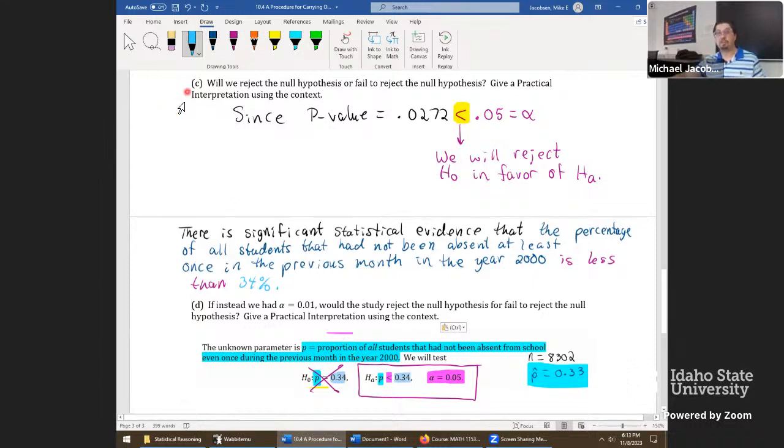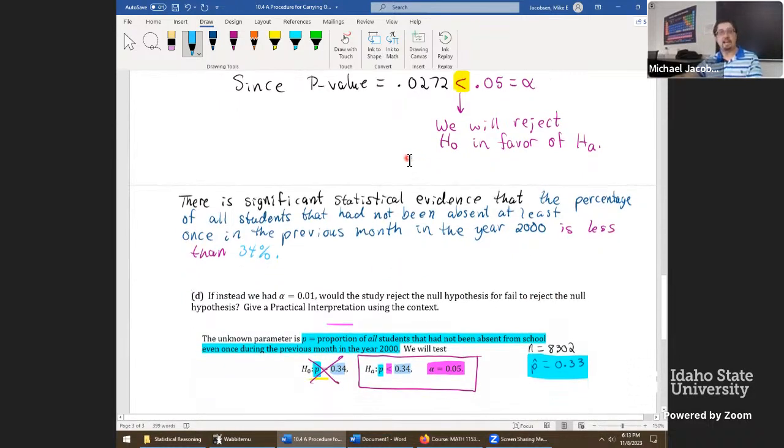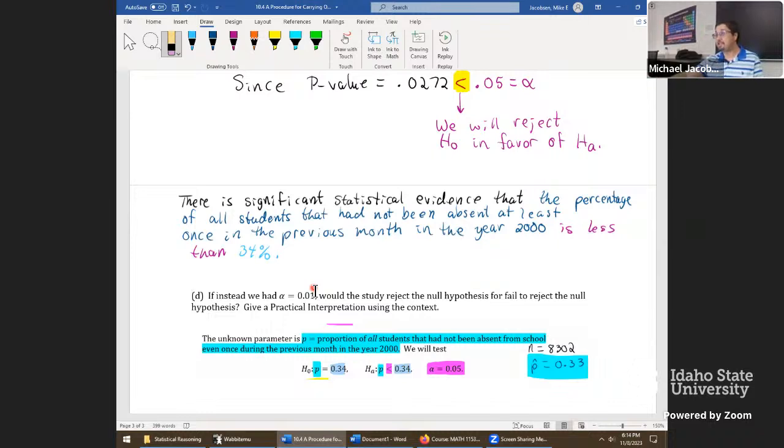Okay, now that we're done with part C officially, let's take a look at what part D is asking. Part D is saying, if we had alpha set to a 0.01, so we changed our level of significance in the study, this is a purely hypothetical question then. If this was a real governmental study and they received money from the federal government to do the study, and they probably did, this is a national study on students in the nation,